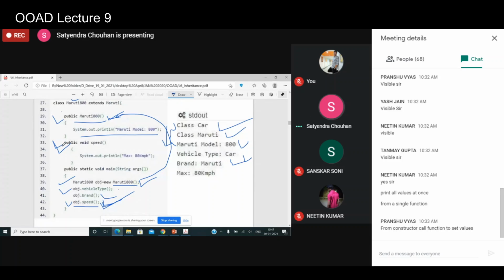Unlike method overloading, method overriding happens in inheritance, where both methods are in separate classes, not in the same class. And unlike method overloading, in method overriding the signature of the method is the same. जबकि method overloading में हमारा ये था कि the method signature or header should be different.